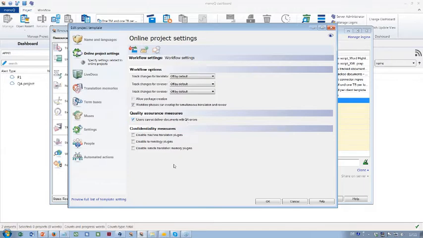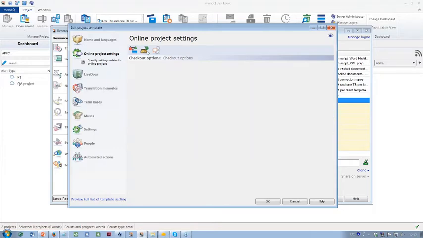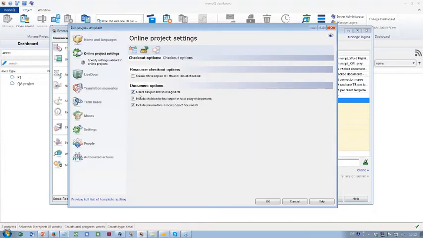If you're translating confidential material, you might not want your users to connect to machine translation systems. So for projects based on this template, you could say that whenever a project is based on this template, a user will not be able to use machine translation directly in memoQ. Other settings determine whether the users can split or join segments, or are allowed to download an offline copy, using the skeleton to create the target language file. Again, for confidentiality reasons, you might not want them to be able to do that,